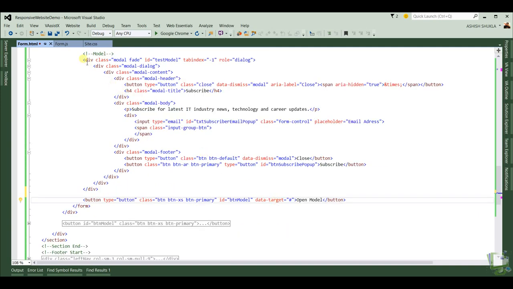There are two ways to open this modal. One way is to use a data attribute, or we can use JavaScript. Let's first use the data-target attribute to open this modal. For that I have added a button, with the classes btn, btn-success and btn-primary to style the button, and I have added data-toggle equal to modal. This is required to open the modal, and we need to provide the id of the modal we want to open. So let's set the id of this modal as the value of the data-target attribute.